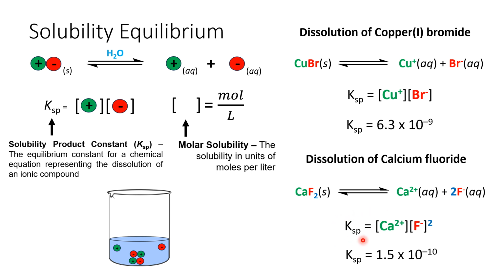So the KSP for this is going to be the concentration of calcium 2 plus times the concentration of F minus squared. This makes sense. If I'm trying to write an equilibrium constant expression for this, particularly the solubility product constant expression, the coefficient turns into an exponent, just like all the equilibrium stuff we've seen before. Same exact idea. And in this case, the KSP for this solid turns out to be 1.5 times 10 to the negative 10. So even smaller equilibrium constant,